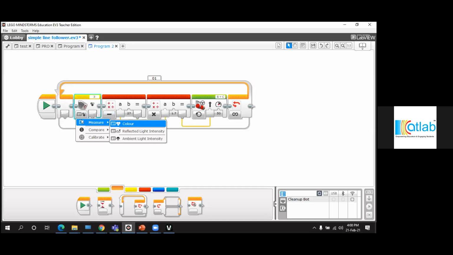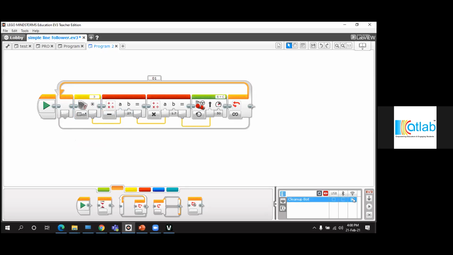Click here, then click measure, and then click reflected light intensity. So let's download. First of all, connect the brick and then click download. Our program is downloaded. Our program name is program 2.